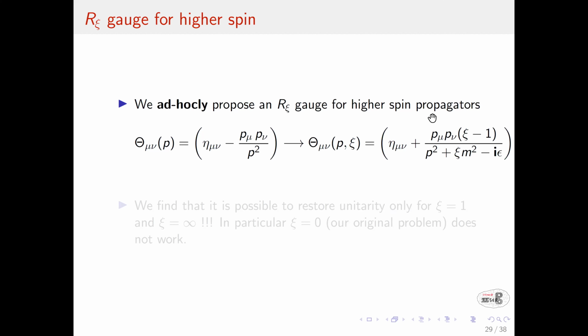If my amplitude has other poles, then the residue should have some physical meaning, right? Sorry, this xi I'm not so familiar with, but were we using a propagator such that if we sit on the pole, the residue is only of the correct representation? Okay, let's take this discussion for an explicit case. Let's say W bosons. Then I have eta mu nu, p mu p nu over p square, and then 1 over p square plus m square minus i epsilon. When you take the limit where this is on shell, p square plus m square equal to 0, it has the right property, no problem. But it has an unphysical pole at 1 over p square.